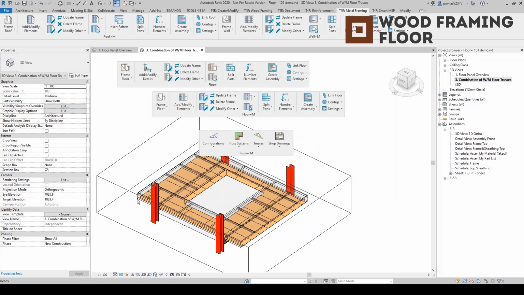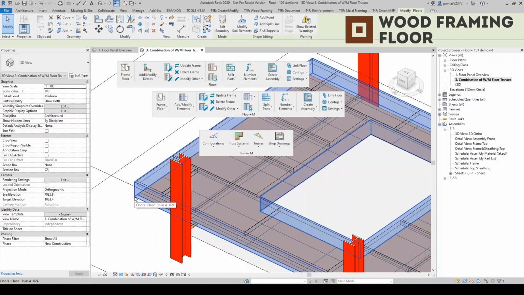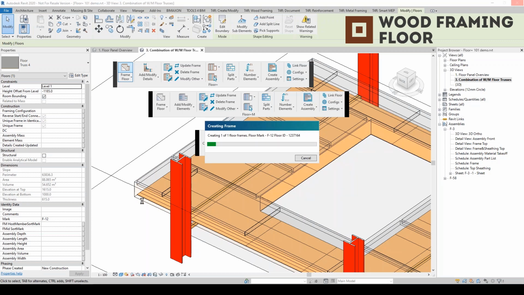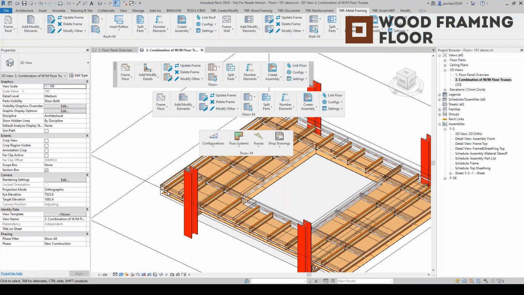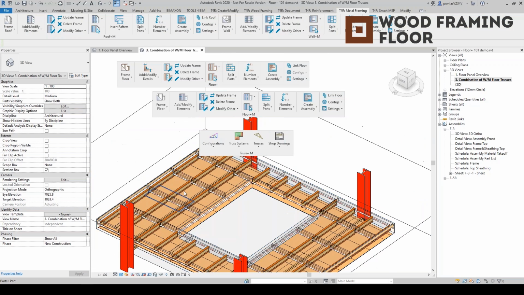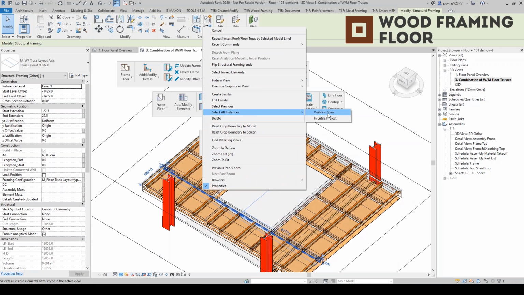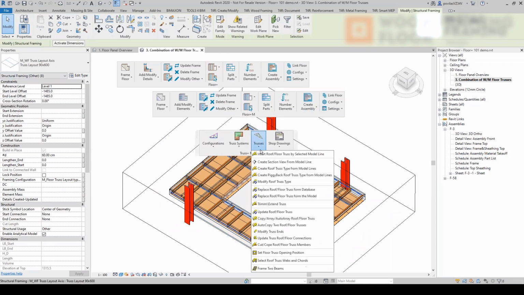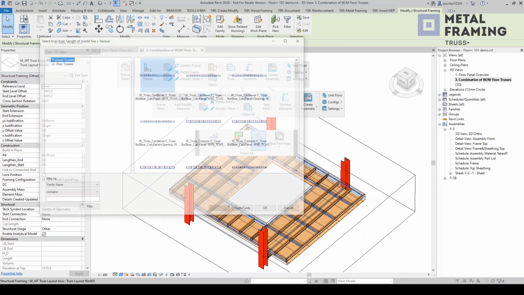Always make sure you select the actual Revit floor. Click on frame. So the sheeting layer is at the bottom, and top layer is where our trusses are going to go. And I'm going to have sort of I-joists as bridging. Okay, so I'm just going to multi-select those. However, 8 trusses. If you go to Insert by Selected Model Line,